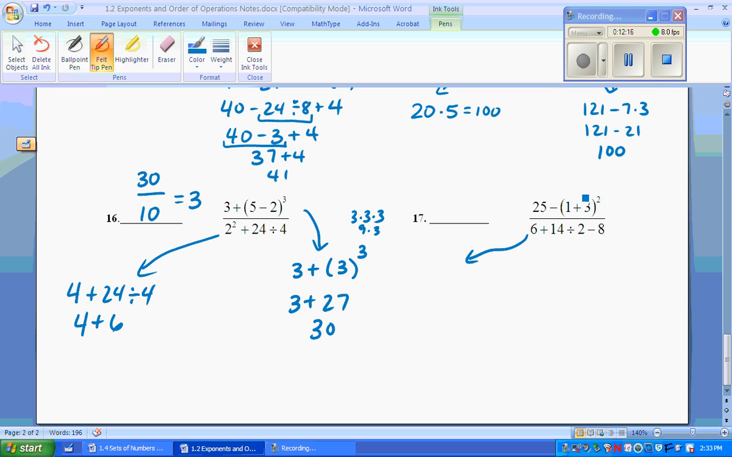And our last one, we have the top of 25 plus, sorry, that's a minus, silly me, minus 1 plus 3, which is 4 squared. 25 minus 4 squared, which is 16, giving you 25 minus 16,